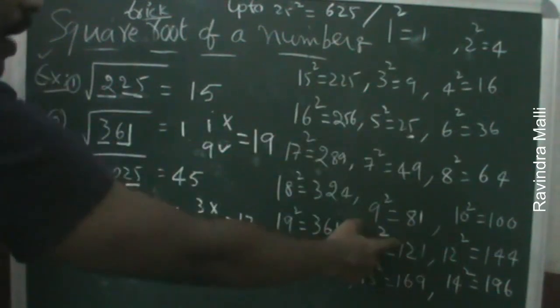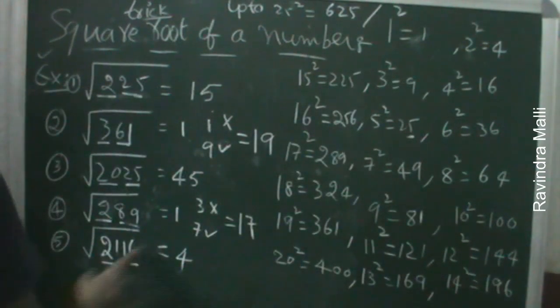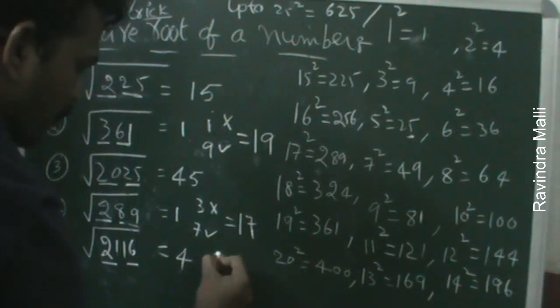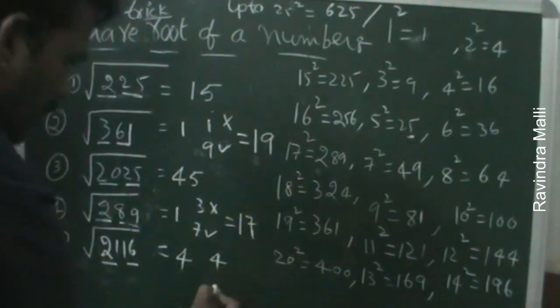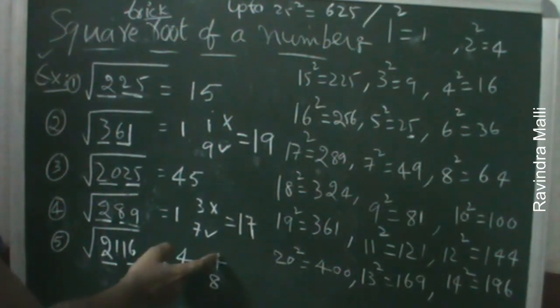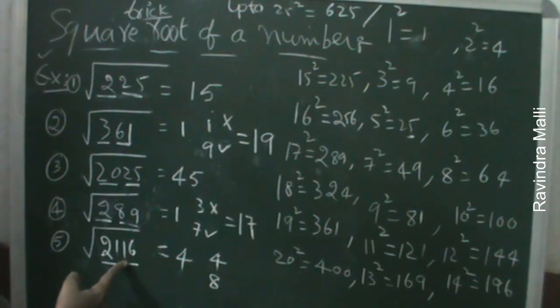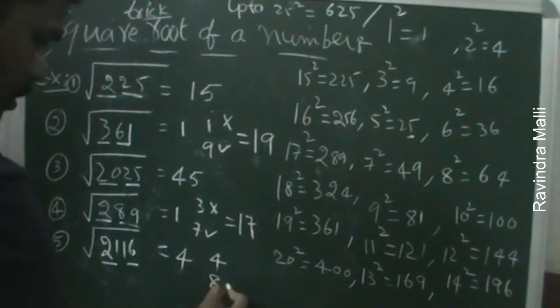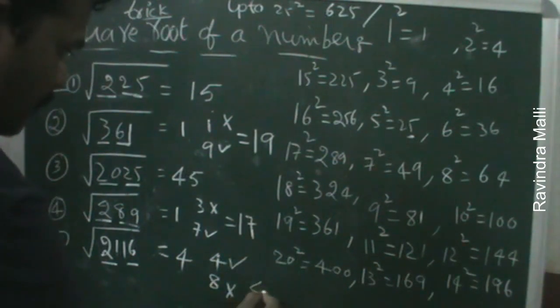Among 1 square to 10 square, where are we going to get the 6? That is 4, 4 square is 16. Another one is 8. The answer may be either 44 or 48. You can find it by trial and error. If you consider 4, 4 4s are 16. If you consider 8, 8 8s are 64, it is more than that. So it is not 8. The closest value is 4. The answer is